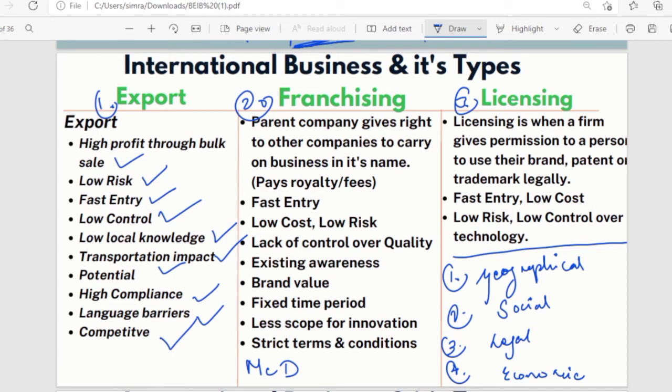But if you go to some other country where beef is allowed, there McD is selling beef burgers as well. So they have slightly customized as per the tastes of the people living there. We had learned in social factors that we need to understand what people like and what people don't like. So if McD would have still sold beef burgers in India,